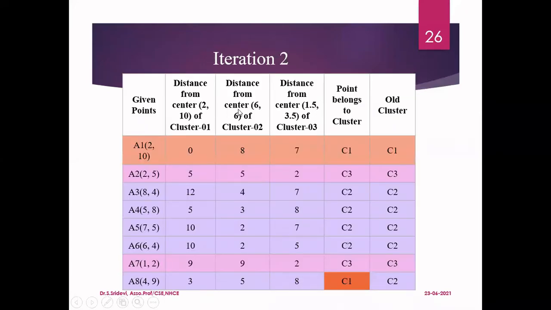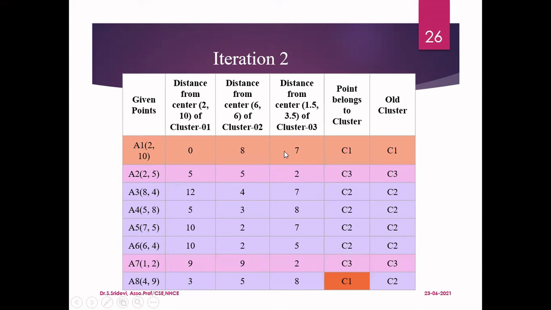So how to compute? Same steps. Let us go to this particular entry. Here I am computing the distance of the first point, A1, from this centroid 1.5, 3.5. So it's nothing but the absolute value of 2 minus 1.5, which is 0.5, plus the absolute value of 10 minus 3.5, that is nothing but 6.5. So I'm getting the value as 7 when I add them together. Then you do this procedure for all the points. Calculate the distance of all the points from the newly calculated 3 centroids.